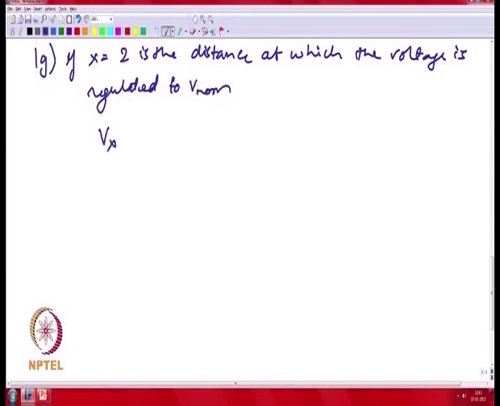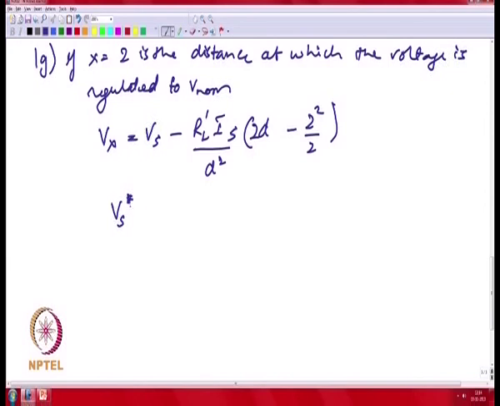You get V of x equal to Vs minus RL prime Is by d square into 2d x minus x square by 2. So, essentially you get Vs star is equal to V norm plus RL prime Is by 3.6. So, essentially you get a slightly different boost term, and if you look at the situation where in this particular case Is